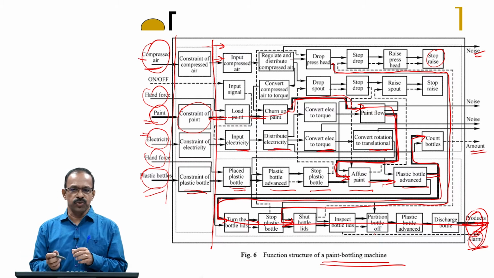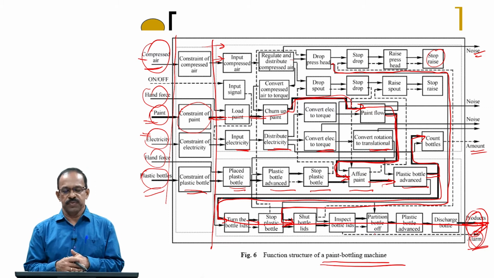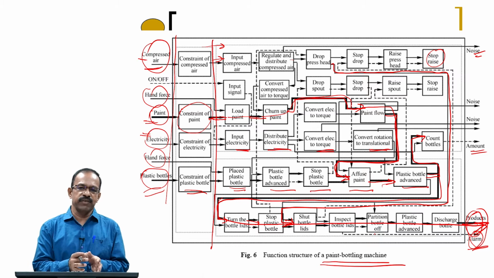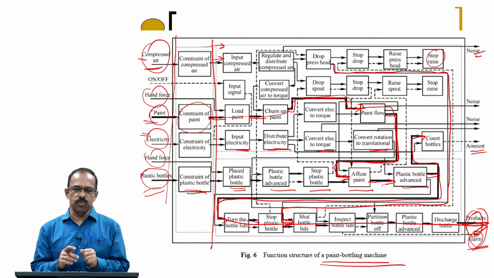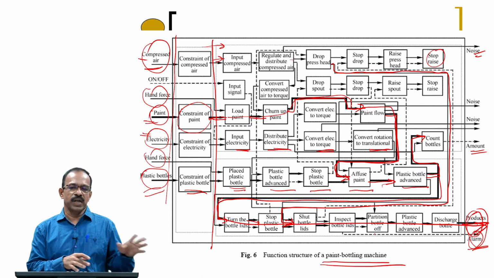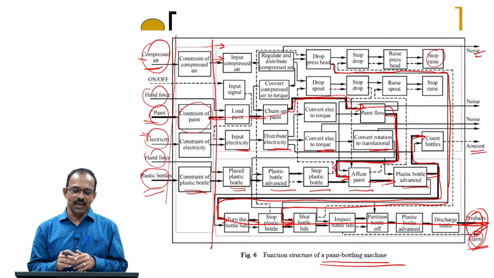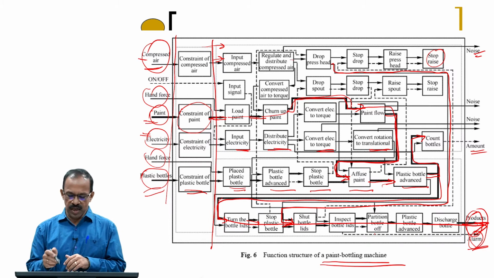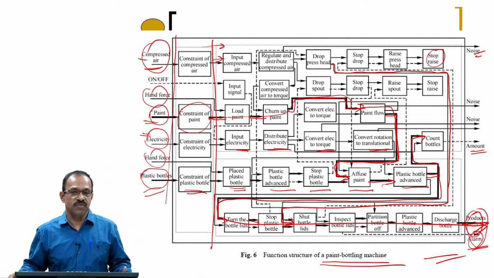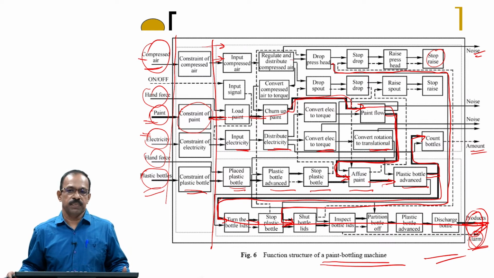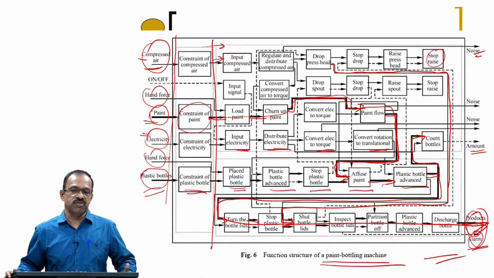So, the decomposition allows you to identify the functions to be modified in order to get a particular design objective. It helps the designer to easily identify the functions which can be improved to get the desired function. Otherwise, if you do not have this functional decomposition, you do not know exactly where the problem comes from, and therefore you will be modifying many things without really understanding how the system works or how the functions are distributed in the product. So, that is the importance of having the decomposition. You will be able to identify the functions which need to be improved or modified in order to get a particular functional requirement coming from the customer.